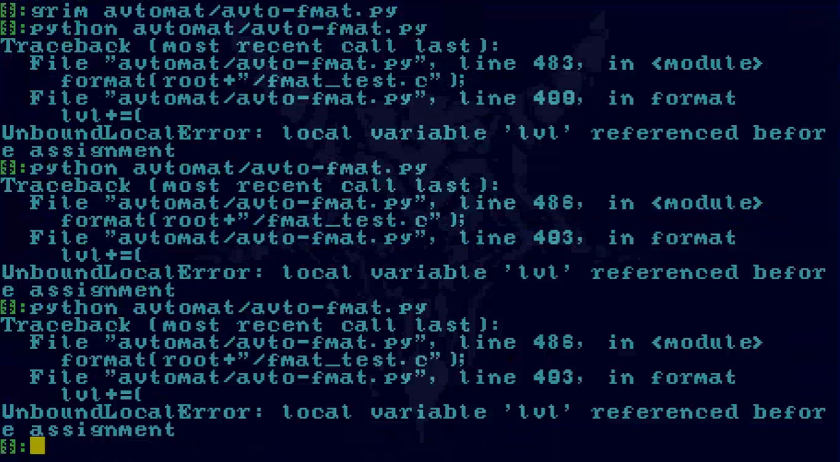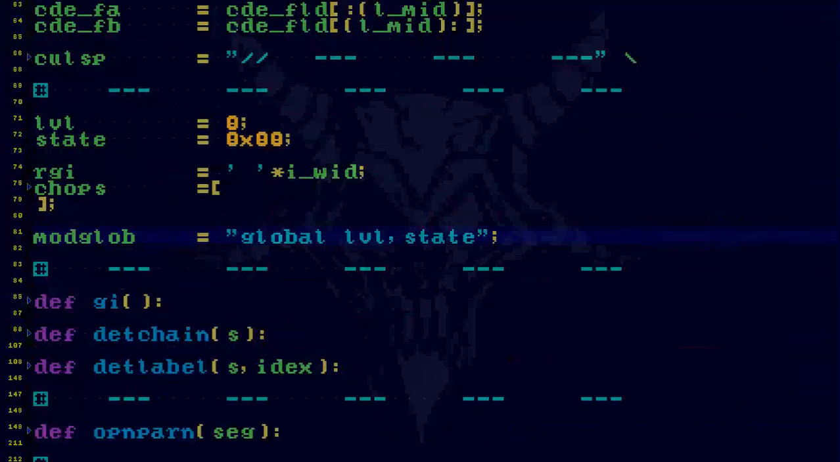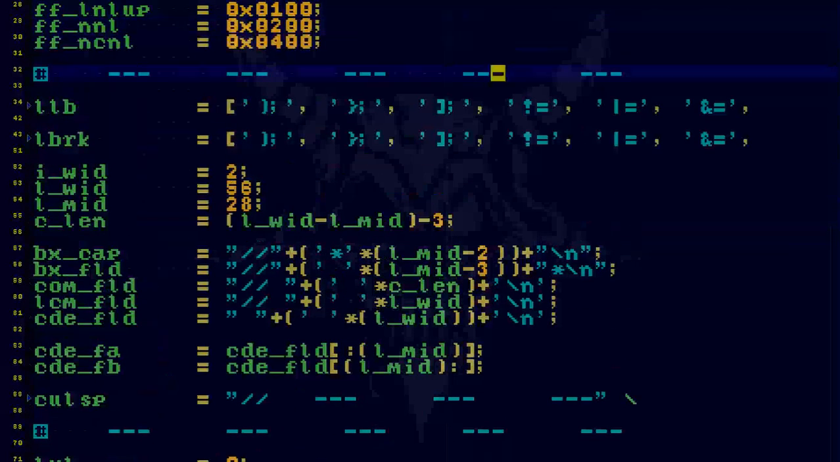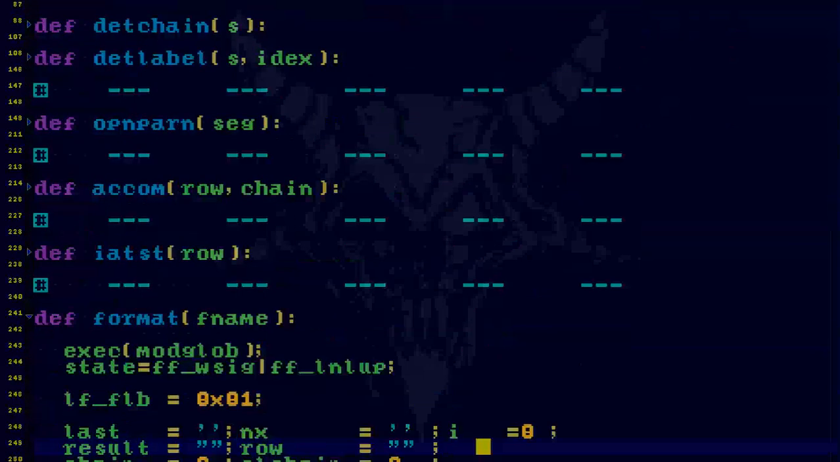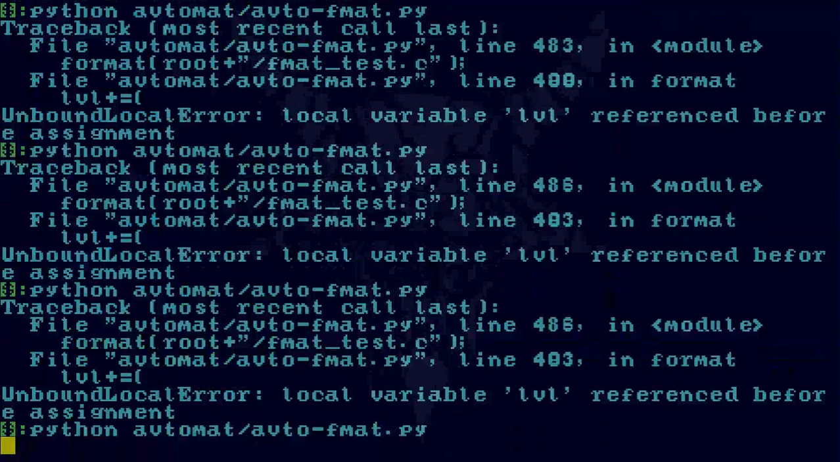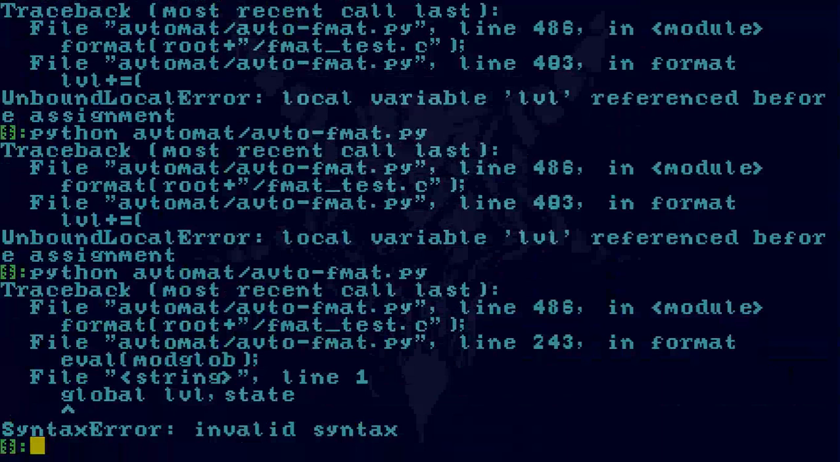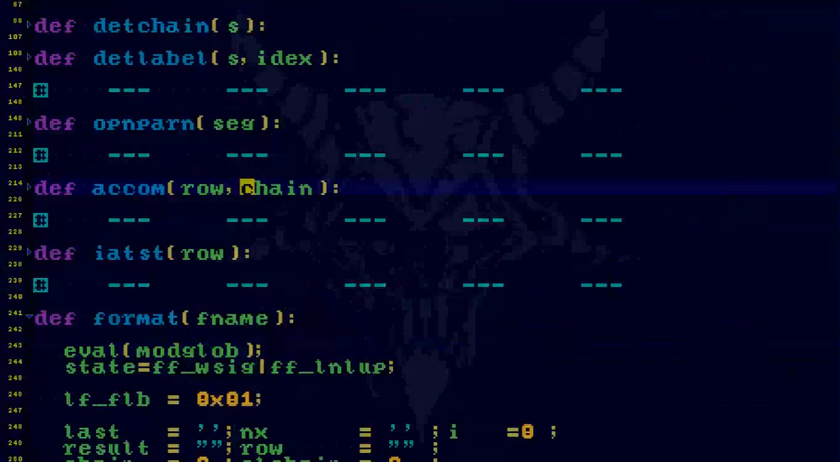This is why I don't code in Python anymore. This is boring. This is very much boring. So there's probably a way to automate this accessing of globals. I wonder why this doesn't work. Maybe if I eval. Yeah, okay. That's not going to work either, so